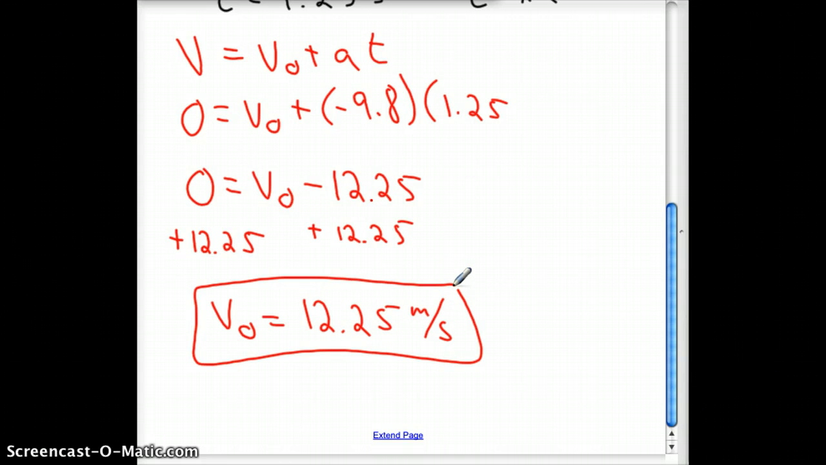So the ball is tossed at 12.25 meters per second, and when it returns to the person's hand, it will hit their hand at 12.25 meters per second. To find the displacement or the height the ball reaches, now I can use any of the equations that has D in it. And really, you should be able to check your work by using more than one equation, and they should all yield the same results. I'm going to choose